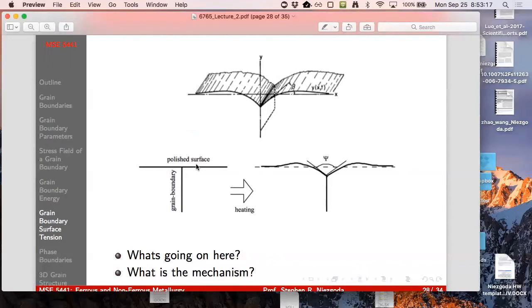We know the surface tension of the liquid. We know the contact angle of the liquid with the free surface, so then we can get the surface tension of that. So we still need to make our